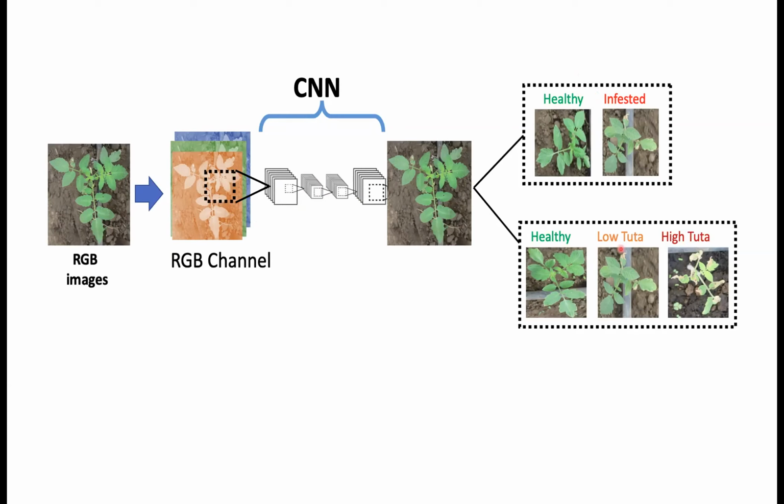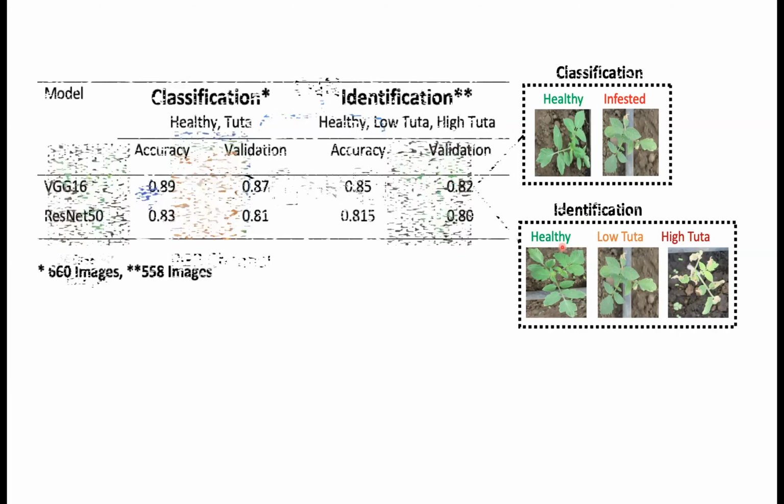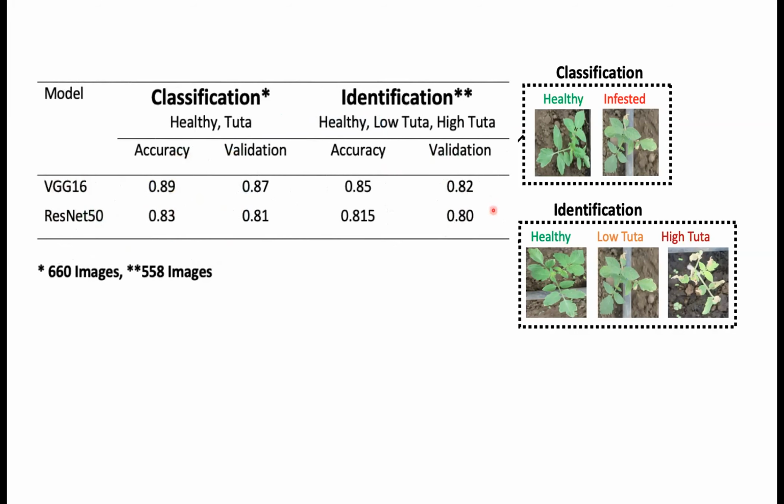Then the other one was identification. We had to identify the healthy tomato, the low infested tuta tomato, and the really high infested tomato by using the models here. I'm just giving one of the results, when we use VGG16 and ResNet50. And with a small data set,